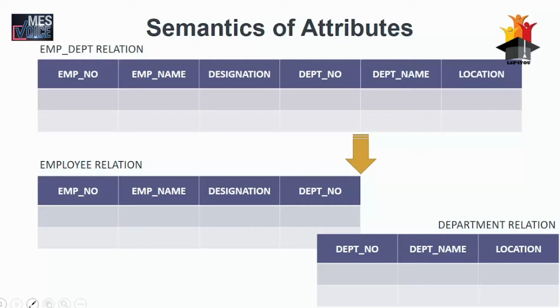Obviously, if a relation schema corresponds to one entity type or one relationship type, then it is straightforward to explain its meaning. There is nothing logically wrong in this given relation, employee department, but we call this relation a poor design. Why? Because it violates guideline 1. So we have split the employee department relation into employee relation and department relation separately. Now in the employee relation, employee name, designation, and department number are implied by employee number, and in the department relation, the attributes department name and location are implied by department number.